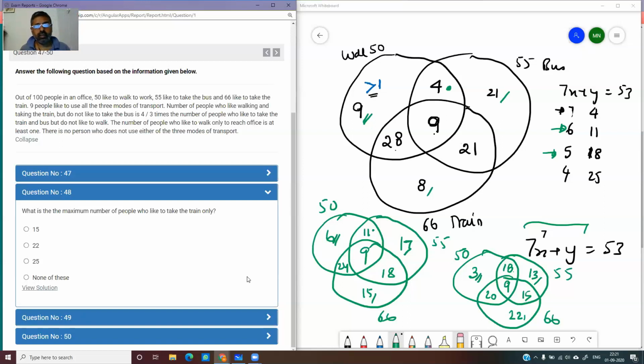Okay. So this is wherein it's given that 100 people are inside. No confusion. All the 100 are there. A union B union C is 100, and additional figures are given here. You're given that 9 is given, then that 4:3 is given, 4x and 3x is given. A condition that should not be greater than 1 is given. So it is fairly easy, and we got that 53 pretty fast.